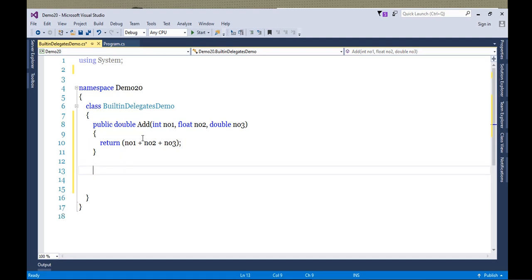Okay, the second method I'll be taking is, maybe we'll take multiplication. Again, same set of arguments I'll be taking.